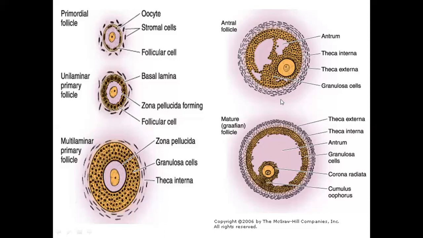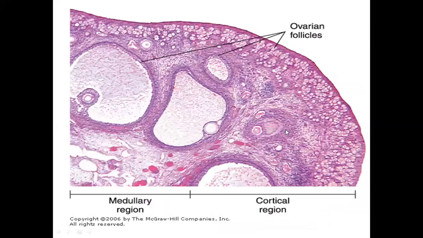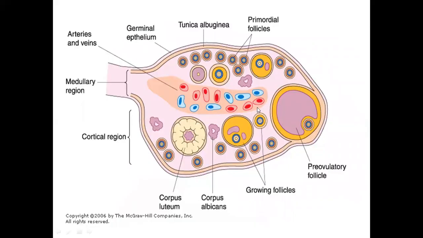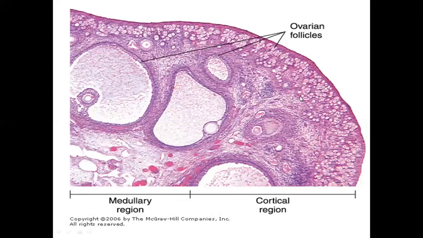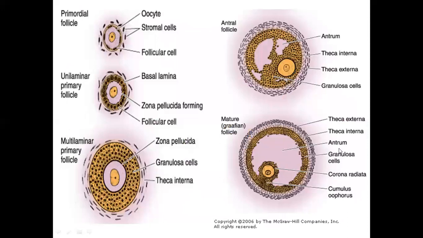Now moving towards the mature Graafian follicle, as you can see, in the secondary follicle there are multiple small cavities. These cavities are going to coalesce, they are going to unite to form a single large cavity. So the mature follicle or Graafian follicle, like this follicle, has a central large fluid-filled cavity, and you can easily identify that cavity in indigo color here, as there is a central large cavity in the very center. This cavity is the antrum.